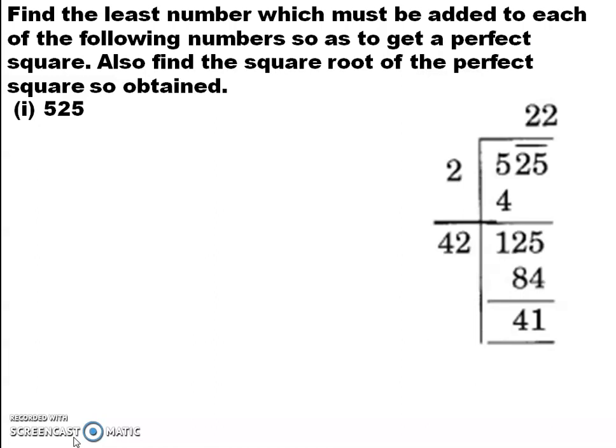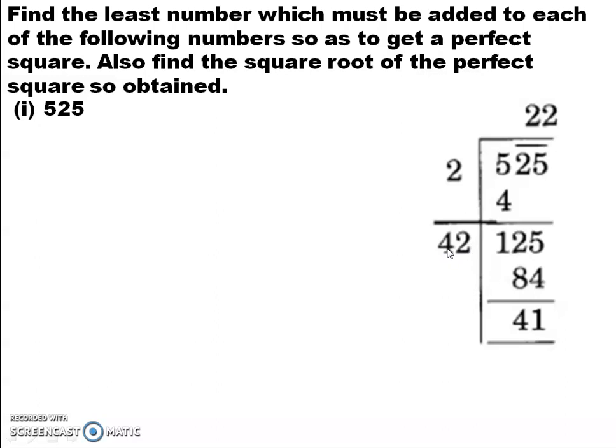So, this is the long division method for 525. What was the method? Grouping into 2, and here the left out is 5. Which is the perfect square number near 5? It is 4. 2 into 2, 4. Subtract 5 minus 4, 1. Bring the next pair down, 125. Now, how did you get this 4? 2 plus 2, 4. And this is the trial and error method.